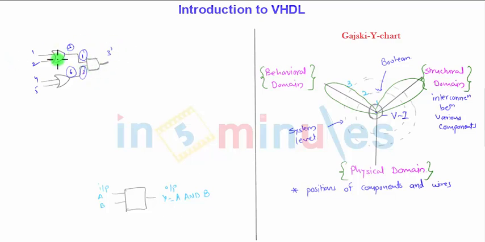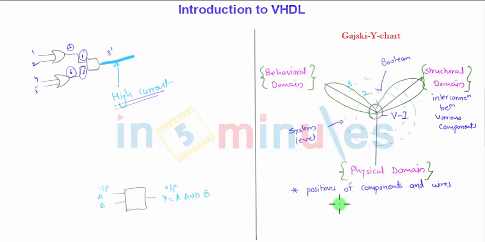Suppose in the earlier example, the output of the AND gate is carrying the high current. So if this line is carrying the high current, then the thickness of this line should be wider than the lines used at the input side, because those are carrying lower current. So I suggest you draw the thicker line at the output, because it is carrying the higher current. These kinds of changes are done here in the physical domain to finally implement the logic for mass production. So this is all about the VHDL introduction.